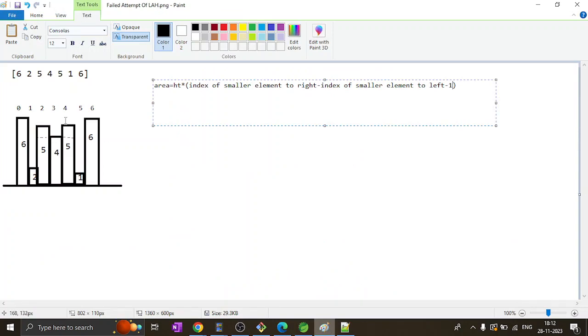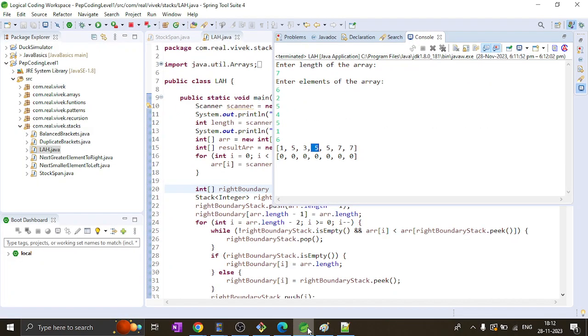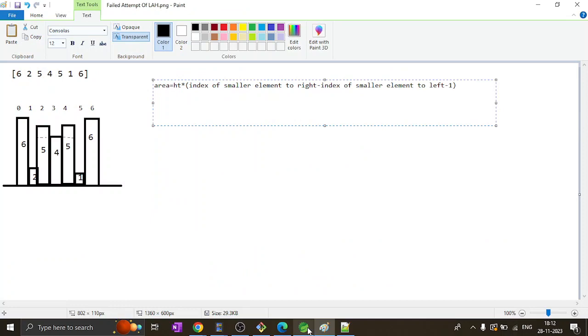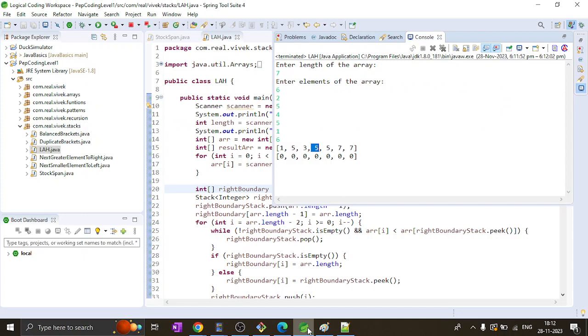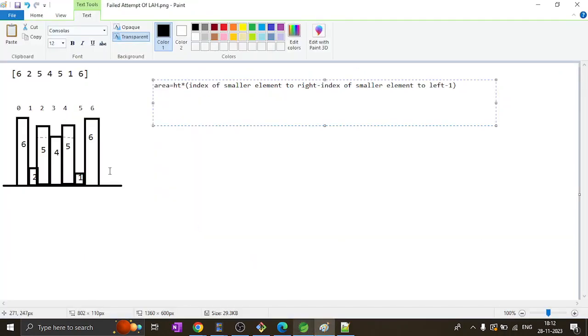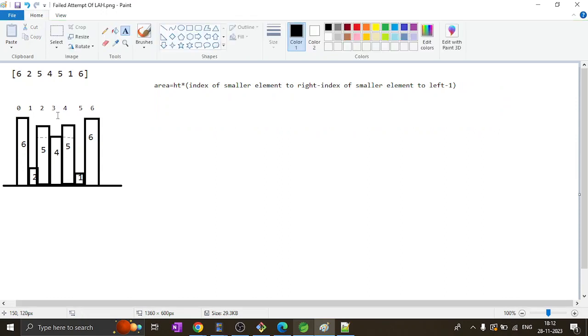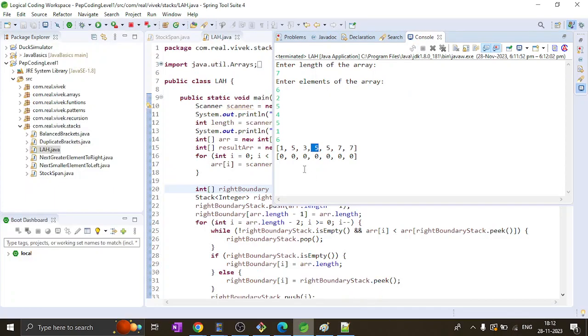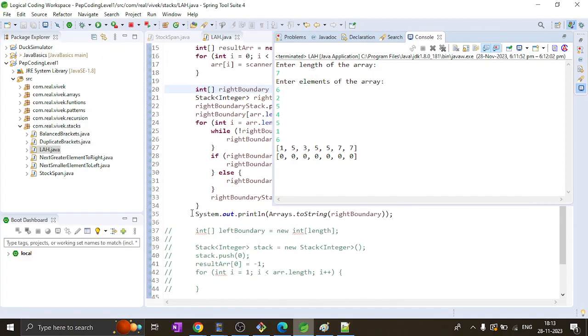And for second we'll also have 5. So for third we have the smaller element to the right as 5. So 7 7 is for this, and then 5 1 is for this. Yeah, so for this 5 this will be the smaller one. Yeah, so similarly we will try to find the